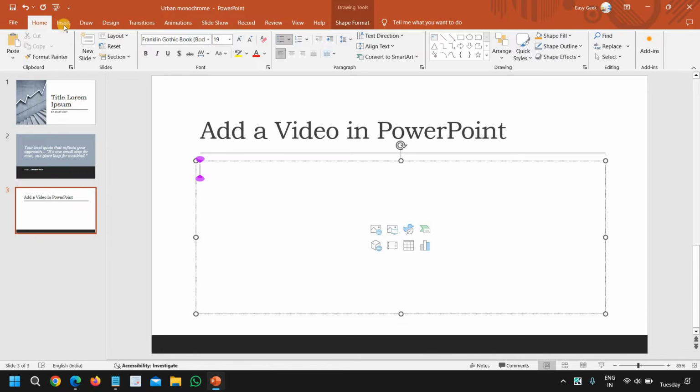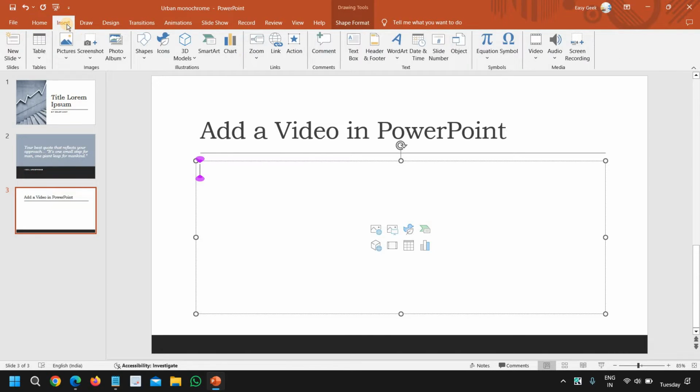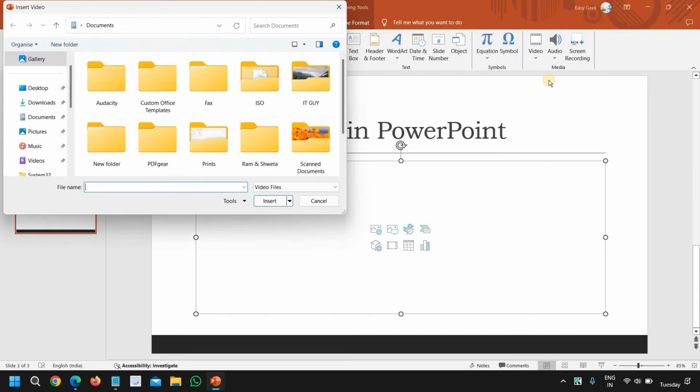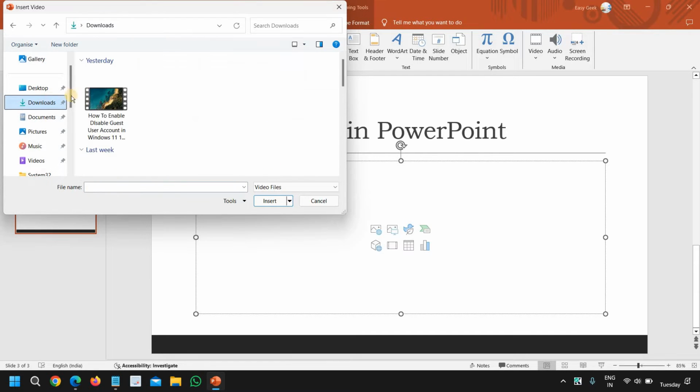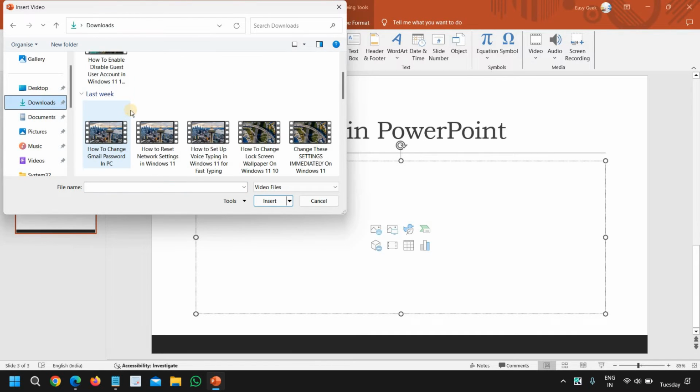Here we have a lot of menu, and we need to go to this Insert tab. And once you click on that, at the top right corner you have this video icon and audio icon. Now I'll go to video, and if you have the video in your PC, you can simply select that and go to the location where you have saved the video, and then you can simply select it